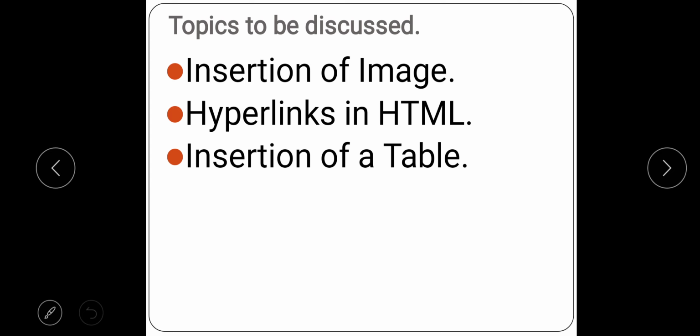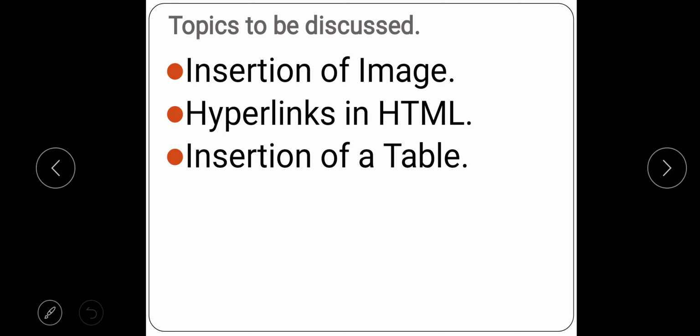See students, inserting an image in your website makes the website look more attractive and also you can provide some additional information through the image. Second, hyperlinks are used in all websites.